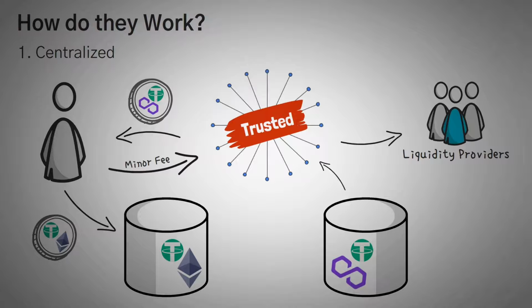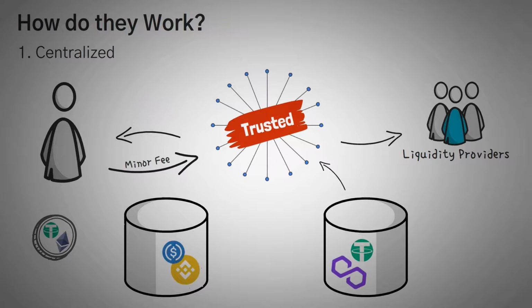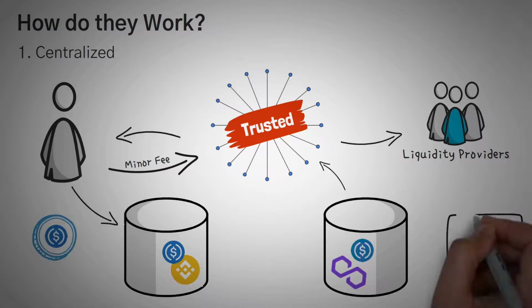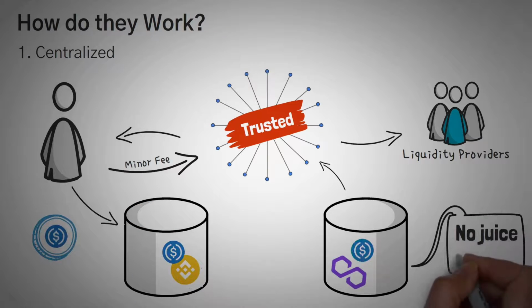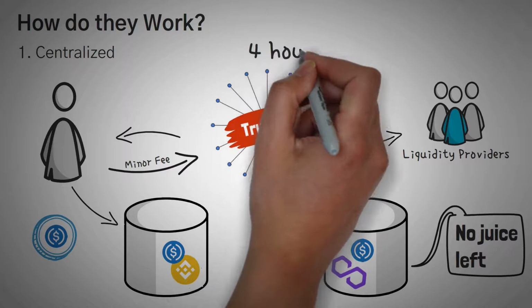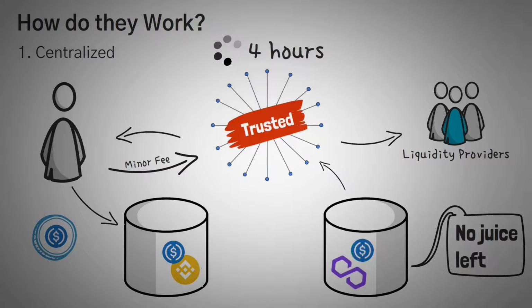Along with that, this method only works if the people keep trading back and forth. I actually ran into this problem when I tried to transfer some of the stablecoin from BSC to the Polygon network, and the Polygon network had no stablecoin to give me. The pool was literally empty. I had to wait around 4 hours for someone else to make the reverse transaction so that the pool I needed to have access to was filled with their funds.